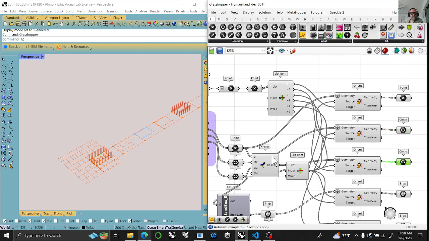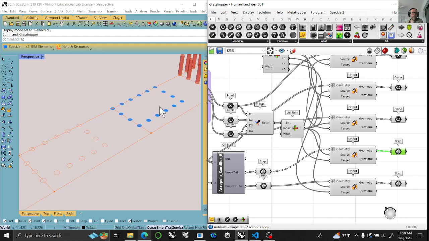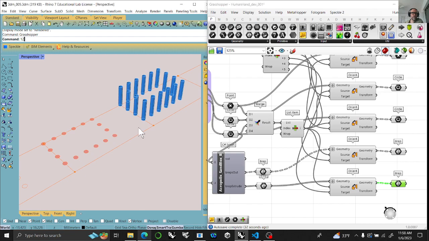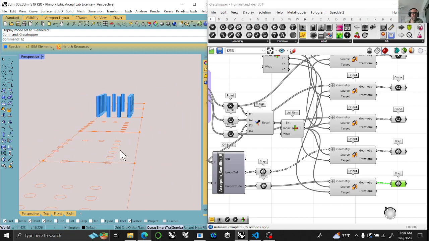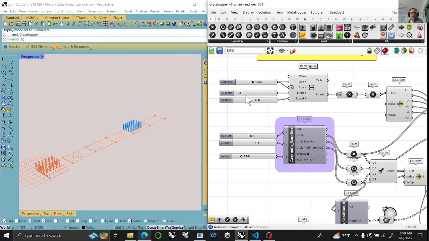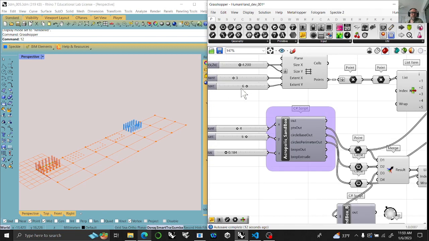But then I can take it to the curves, just the perimeter curves, and I can take it to the breps, surface breps here, and then I can take it to the extrusions. And this is not a very complex model. Normally I would loft the curves through a range and they would become bulbous and undulate out. But this is nice because you could build this generative model as many stages as you want, and then you could be using Galapagos to optimize volumes and areas, which could be really interesting if you think about that. So keeping it simple, really just the 5 stages and just the one linear approach of transitions